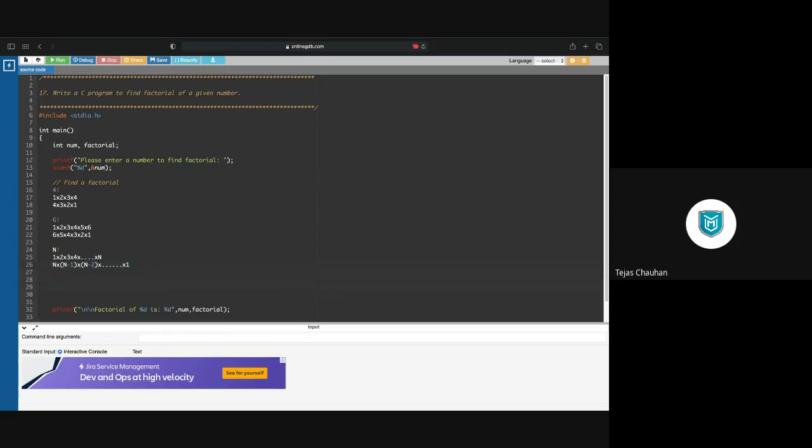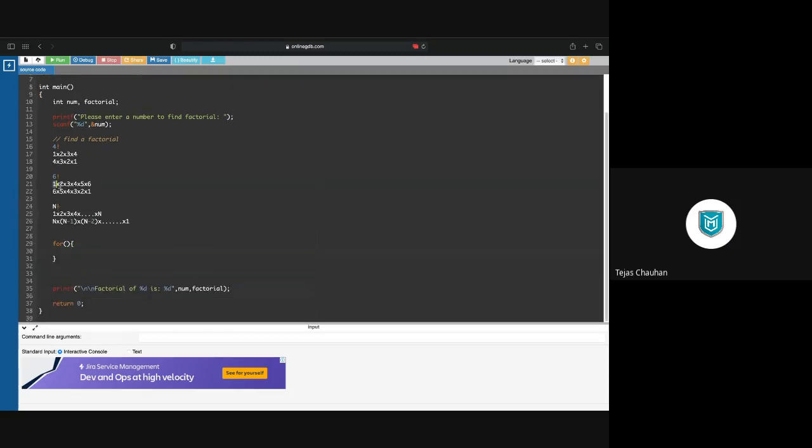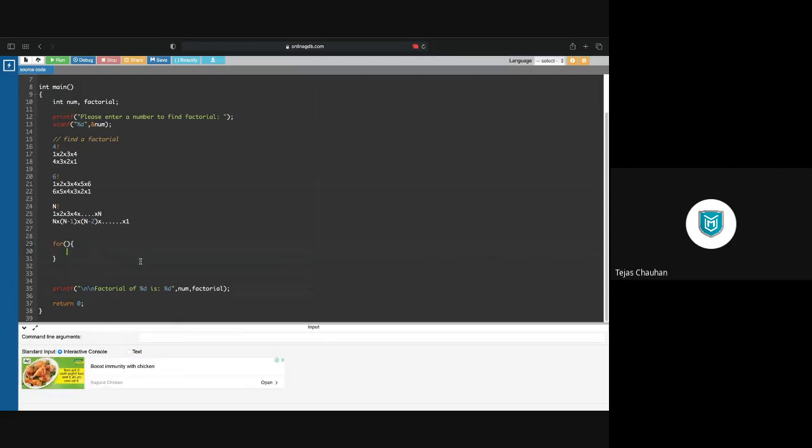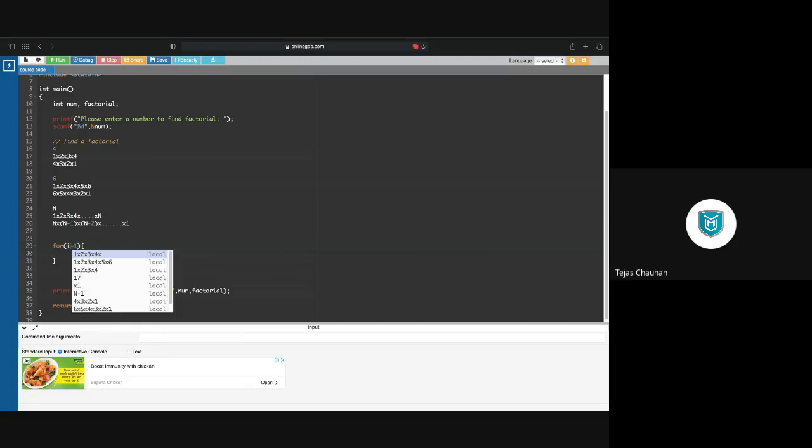Now, when you try to understand these things properly, then you will have the idea, or the logic, of how you can implement this. So what we want is to multiply repeatedly. So we want to go for a loop. मल्टीप्लिकेशन ऑपरेशन जो है वो आपको हर बार रिपीट करना है. अगर रिपीट करना है तो आप एक लूप उठा लो. अब what do you want to repeat and from where up to where, 1 से लेके नंबर तक. अच्छा, एक लूप कंट्रोल वेरिएबल चाहिए होगा i, जिसको हम 1 से स्टार्ट करेंगे.